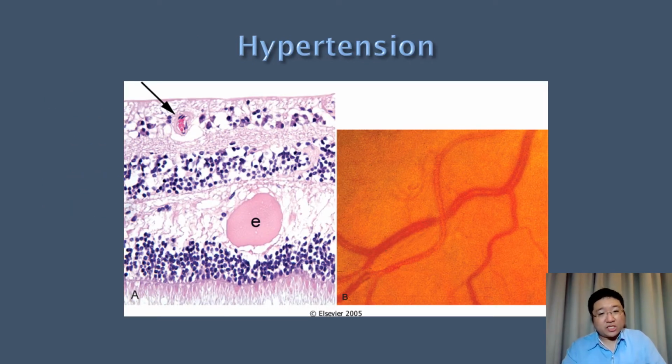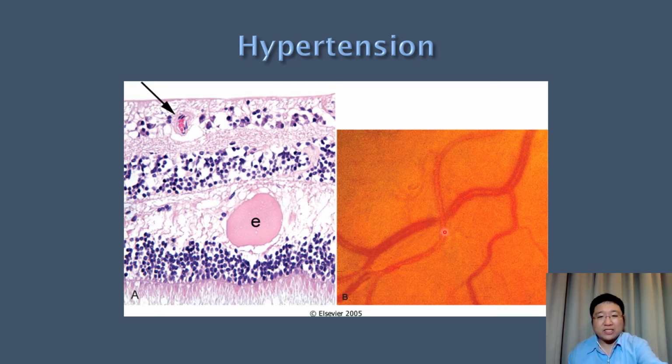So hypertension, as seen in any organ in the body, we may see thickening of the blood vessel wall, and we may observe exudate, right? So when we look in the eye using an ophthalmoscope, we may see there is a thickening of the arteries within the retina, and the thickened